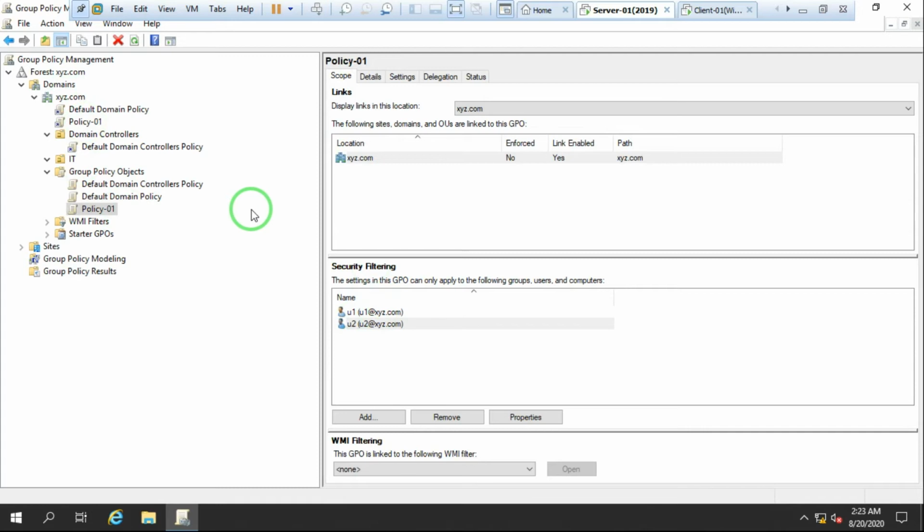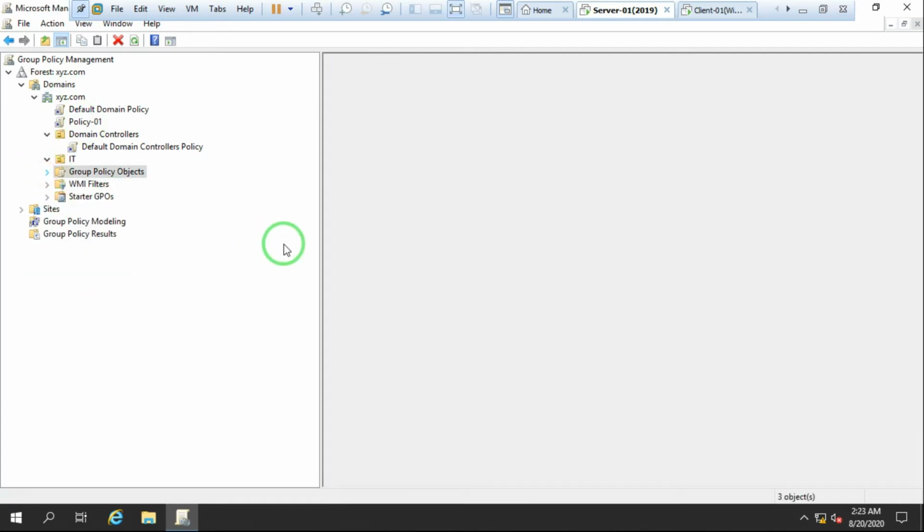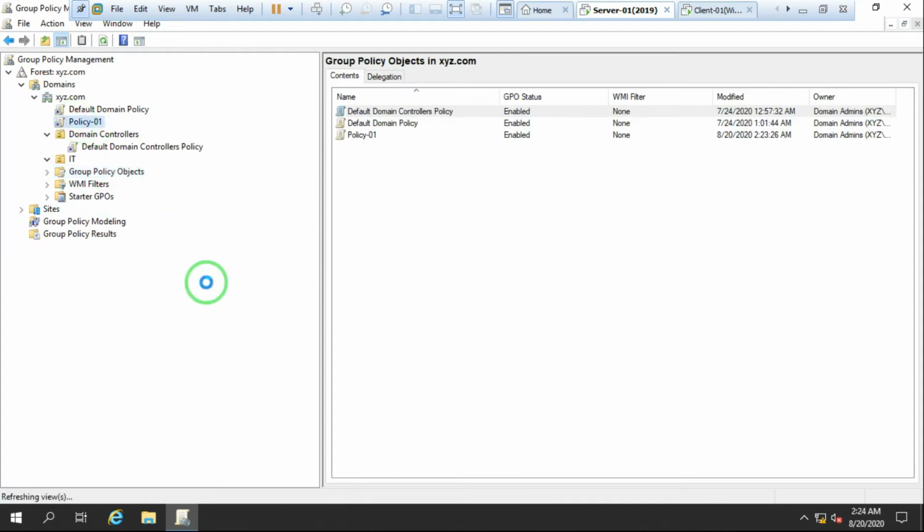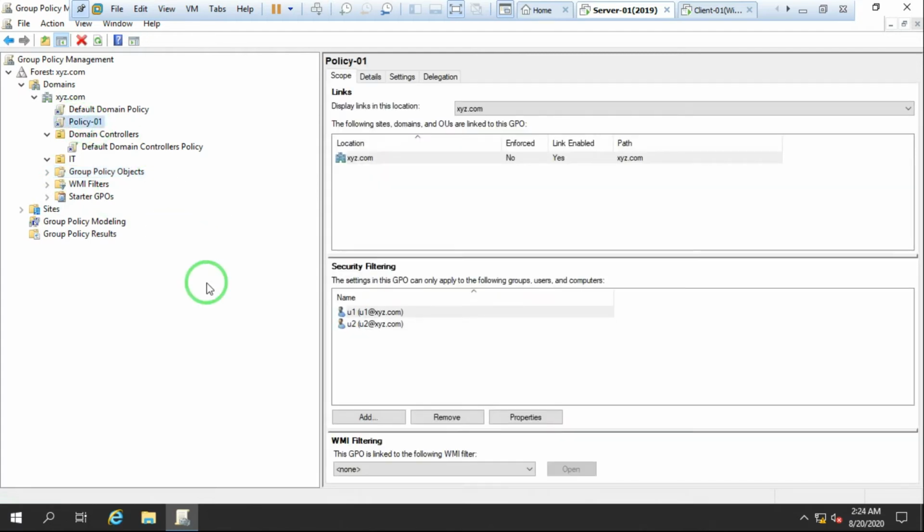Now like this also you can apply the policies. If you have a small number of users, you can go like this. If you have a huge number of users, like 500 or 100 users, then you can create an OU, move the users into the OU, and then apply the policies like this. Okay, now the next option is known as Details. In Scope we have the Links option. I hope you are able to understand links. I hope you are able to understand security filtering also.